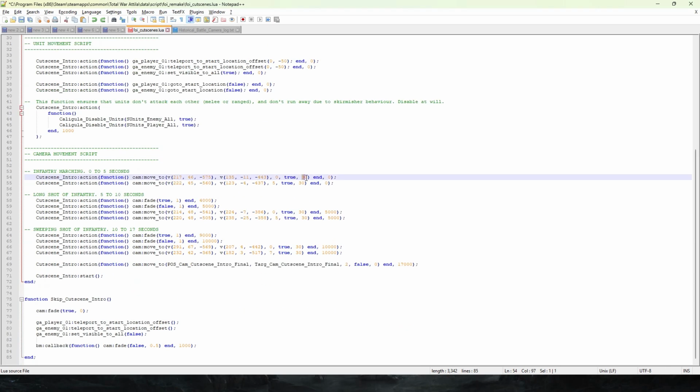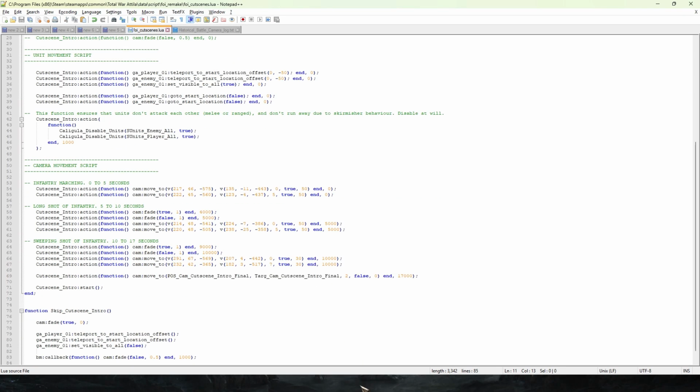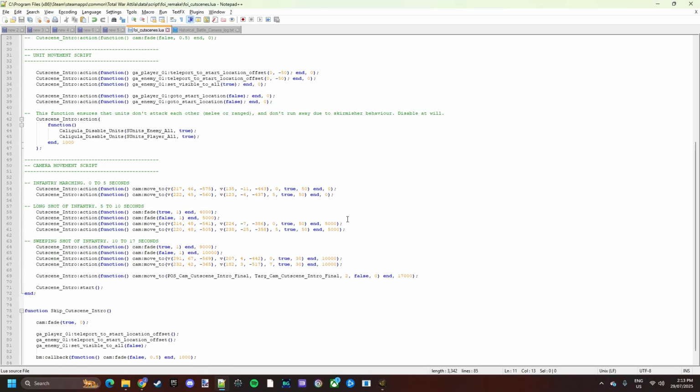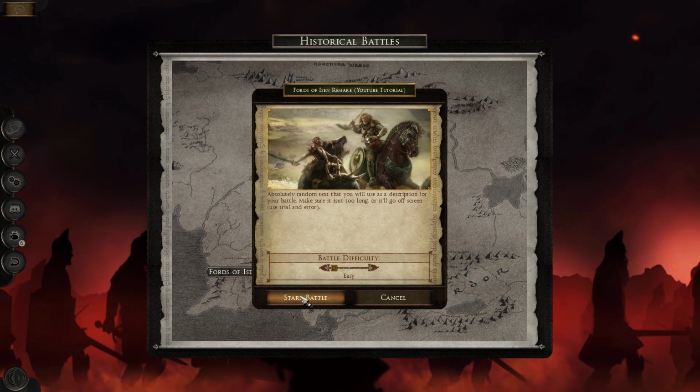And let's bump this up to 50, and bump this one up to 50. Make sure this is still 1700. Now, let's say that we're happy with the first and second shot, but the third shot is too fast. So what you can actually do is you can change this. For example, actually let's do it with the second one. You can change this to 10 seconds. And then if we save that,